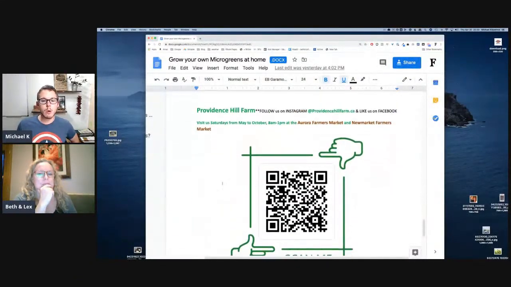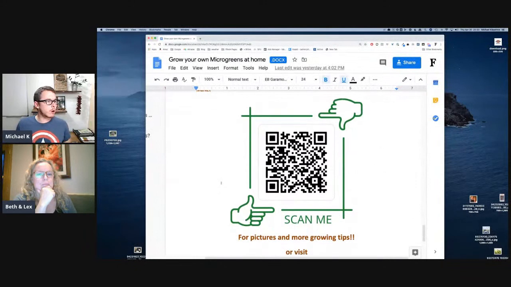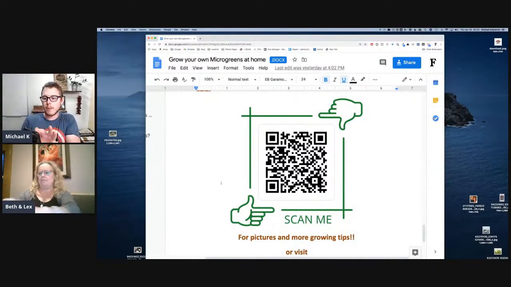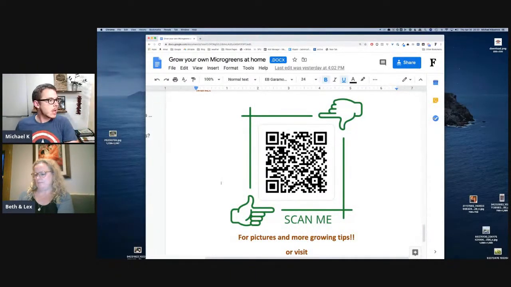And then I want you all to go ahead and pull out your phone. Okay, pull out your phone and then scan that QR code. You should be able to just scan that with your camera app. And then what that should do is tell you that you can open up a website at the top. And what we've created for you all